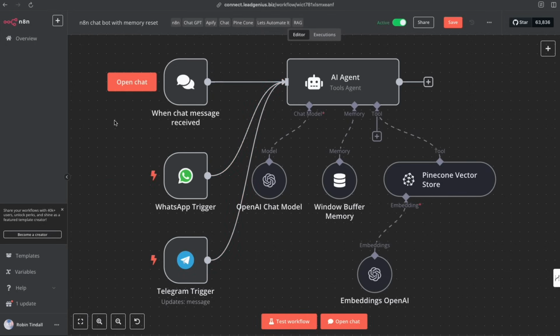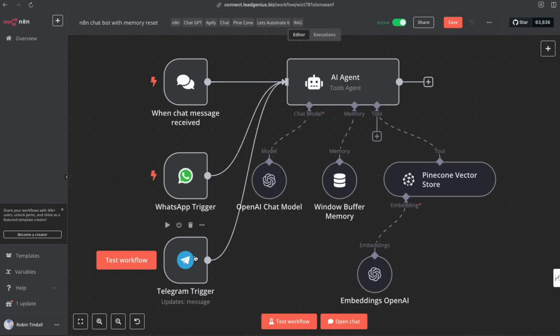How do I create an AI agent that's an expert on my material, on my knowledge base, so that my customers or my staff can ask questions of the agent and get the information they need? By the end of this video, you're going to know exactly how to do that. You're going to be able to deploy it onto a website as a chat agent so people can talk to it. But you're also going to be able to swap that out to use a WhatsApp trigger